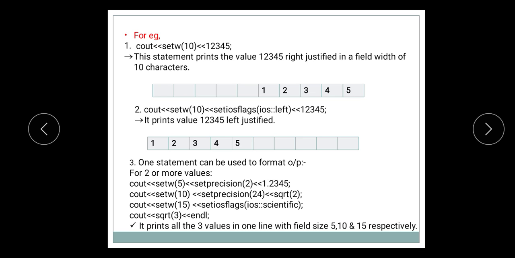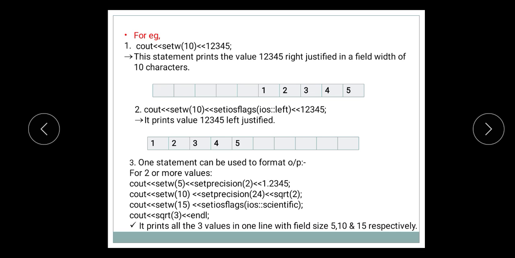Now we are formatting our output, so we always call these functions of the ios class with the help of the cout object. But setw or setprecision are not member functions of any class, these are manipulators. So once you have included the iomanip.h file inside your program, you can directly use these functions.